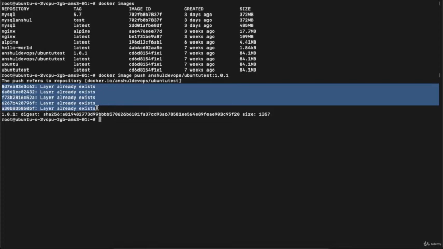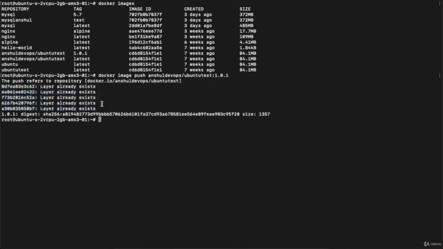And the same mechanism will be applicable for downloads as well. If you are downloading some image and it doesn't have any change in its file system, there is just a change in the version or the tag, then it will not download all the layers or the complete image. It will download only the part which is different from the existing one, right? If you change anything in the file system and upload it, then it will show you the change over here, right?